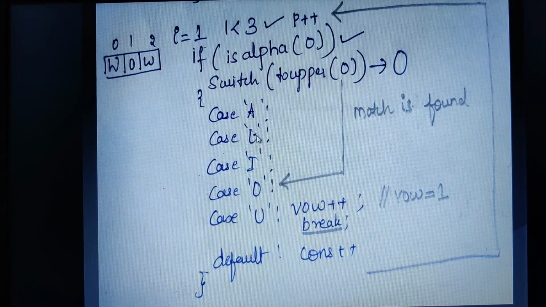Match is not found. Again here, match is not found. Here, match is not found. Now when it comes here, the match will be found because this is also uppercase and this is also uppercase. Once the match has been found, we didn't write anything here. Since we have not written anything, the case will jump to here, and then here vowels plus plus. The match will not be found, but the associated statements will execute here because we haven't included any break statement here.